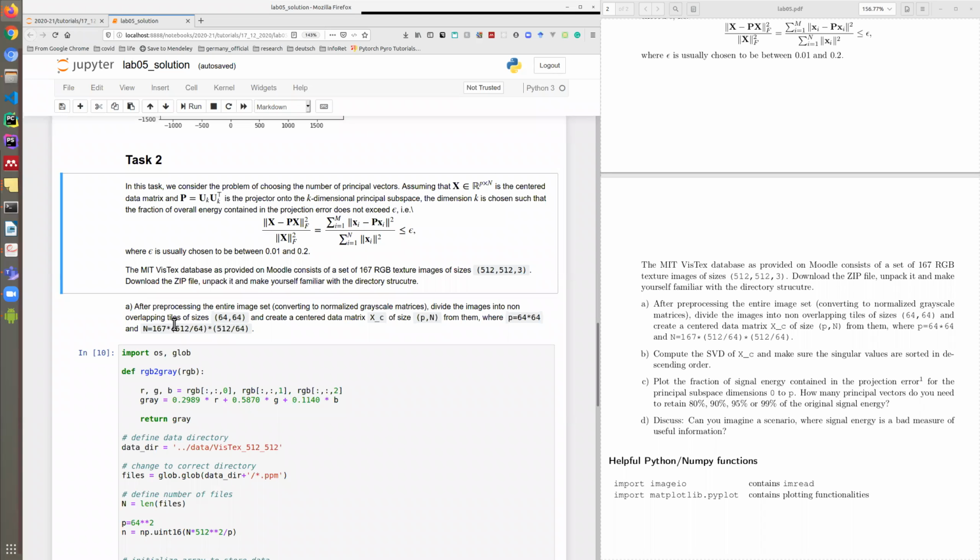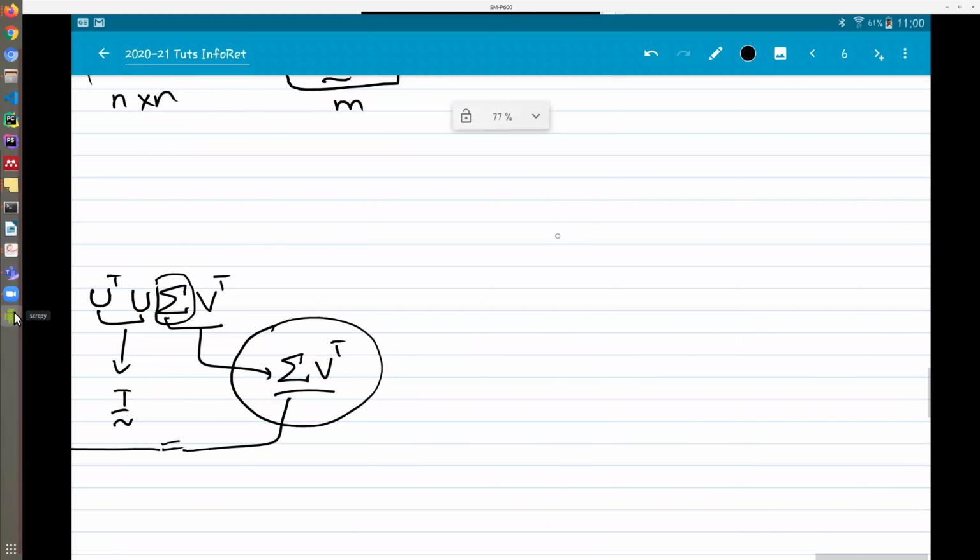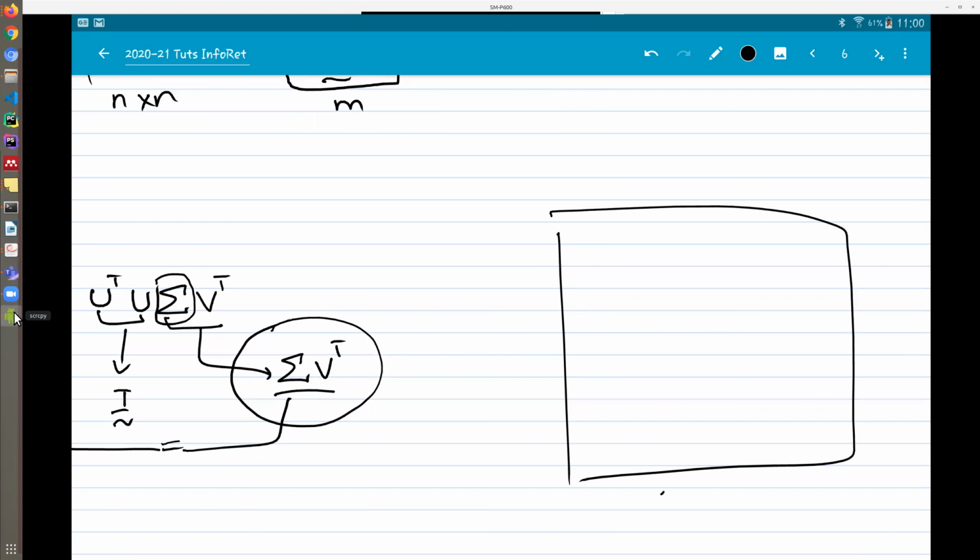After that, what we want to do is divide every image into 64 by 64 tiles. So in other words, we have this image, 512 by 512, and if we see 64,